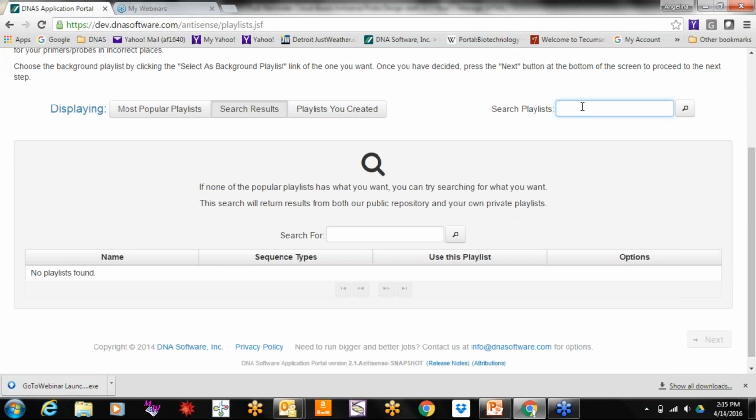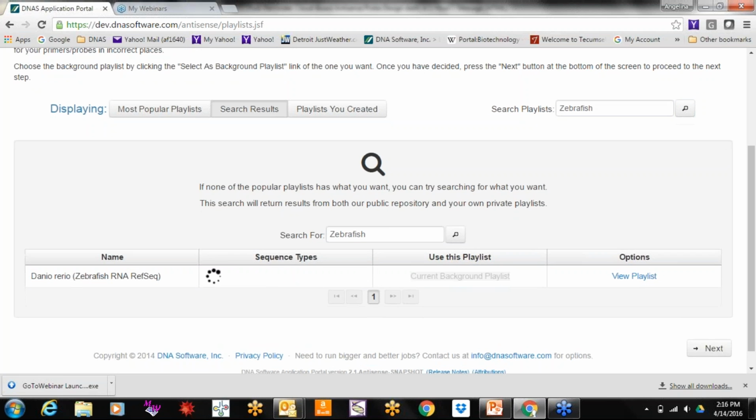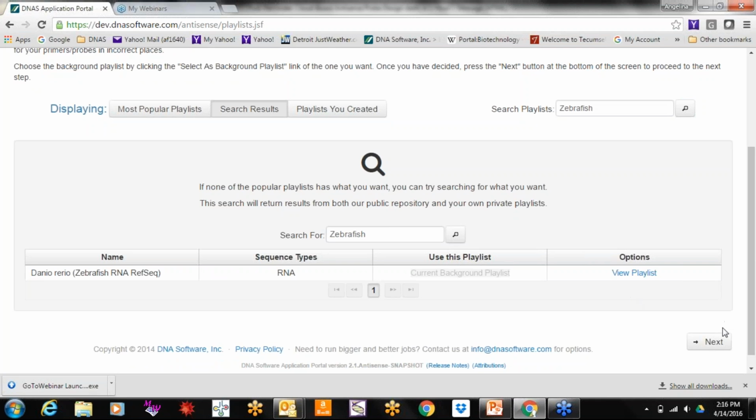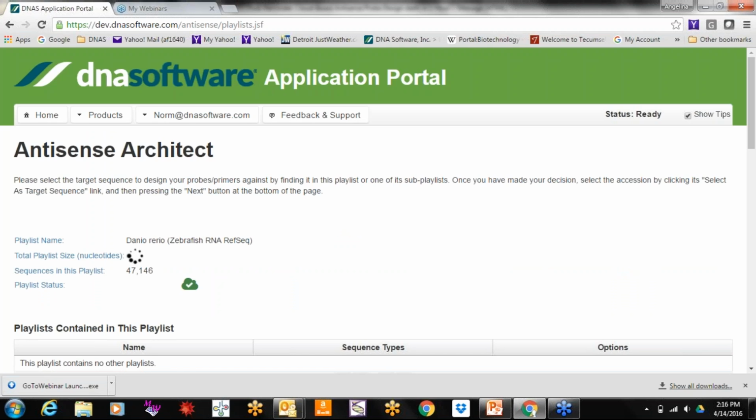So what we're going to do is search a sequence depository that we have, and we've amassed one of the largest sequence depositories out there, and particularly for antisense studies, a very important model is a zebrafish. So we pull up the zebrafish. So we've completed step 1. We're going to select our background. And once you select next,